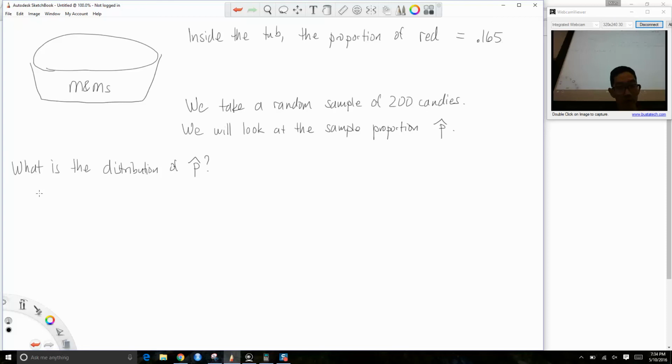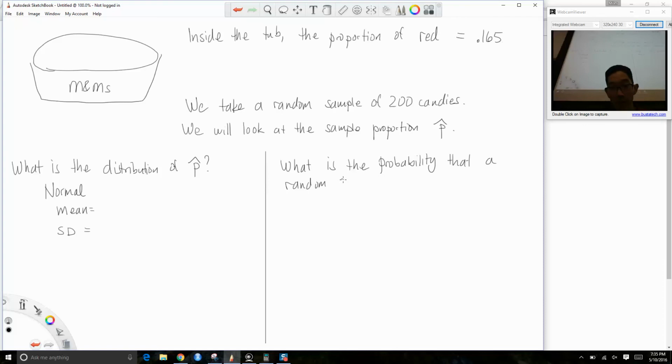Meaning it's going to be normal, and what will the mean and what will the standard deviation be? Okay, and then the second part is, once you figure that out, we're going to ask, what is the probability that a random sample of 200 pieces of candy